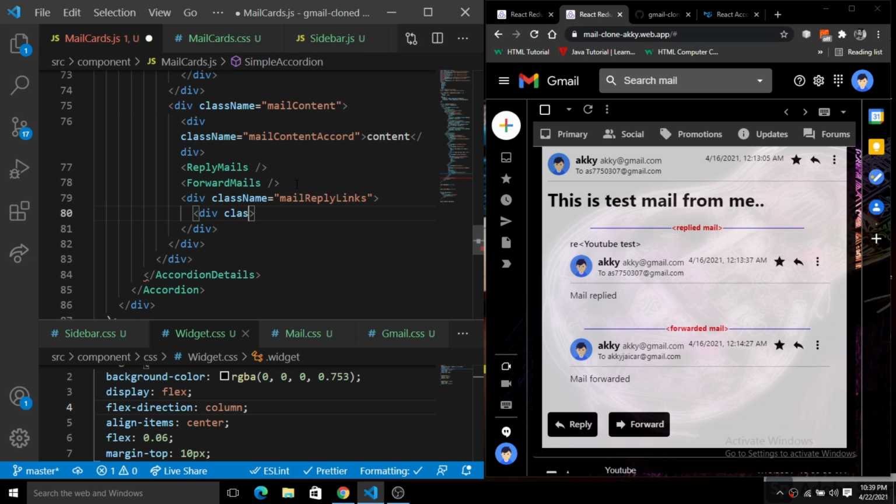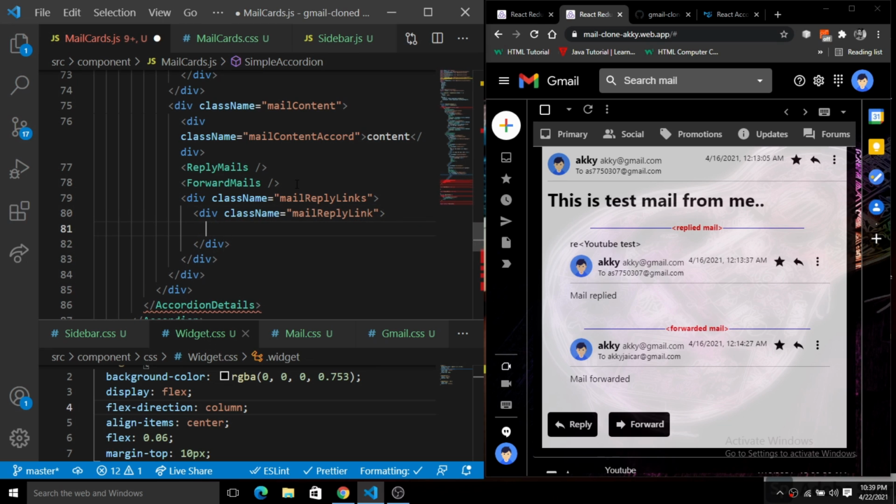Just give a class name of mail reply link, and close this div. Inside of this we have an anchor tag. Just put the href to the hash sign, and simply close this anchor tag, and here we have this reply, and the same thing will follow for the forward.